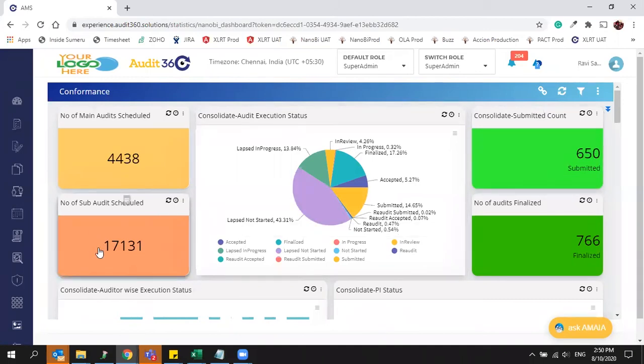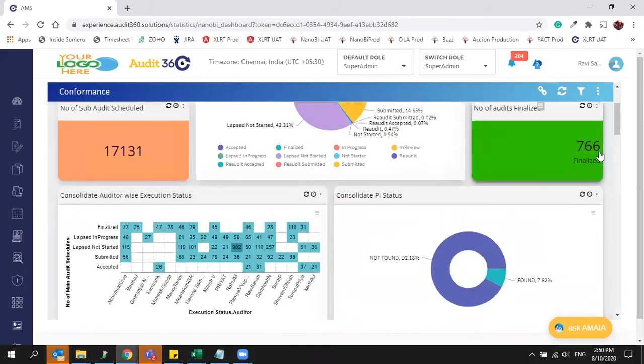In the same way you can see the overall number of sub-audit schedules. Sub-audit schedule is nothing but your primary identifier schedule, if you have any annexure kind of audit. Then the number of audits finalized, out of this total audit schedule, how many audits have been finalized. That count you can see in a separate indicator.